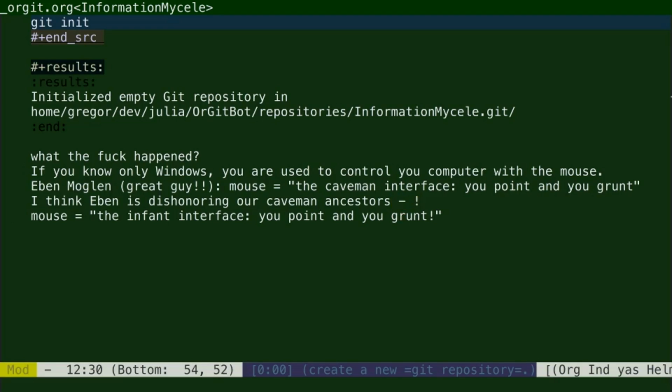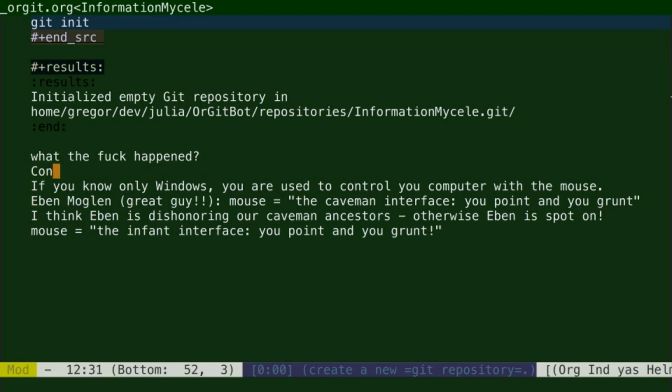So I think the mouse is actually the invention of the infant interface, you point and you grunt, because that is developmentally the stage of communication of an infant. It cannot do much more.